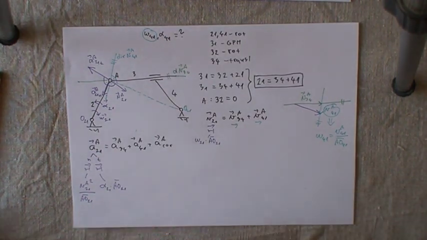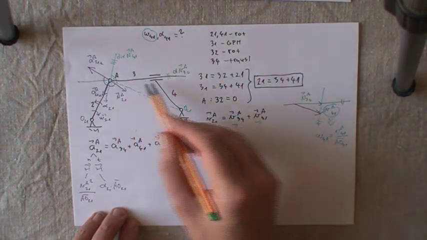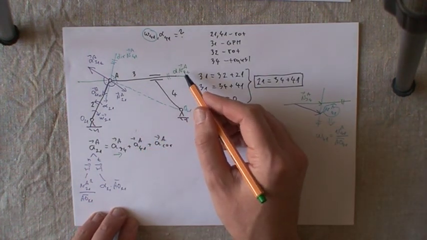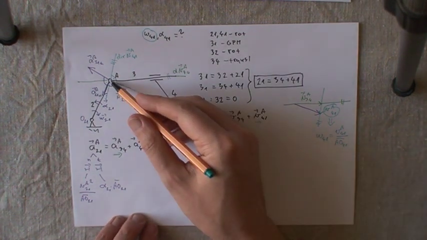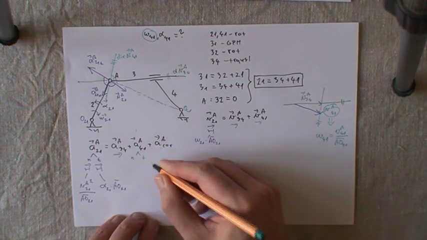Okay? Components 3,4. 3,4 is what motion? 3,4 is translation, so it only has one component, and we know the direction is the same as direction of velocity. 4,1, well, 4,1 is rotation, so it has two components, normal and tangent,